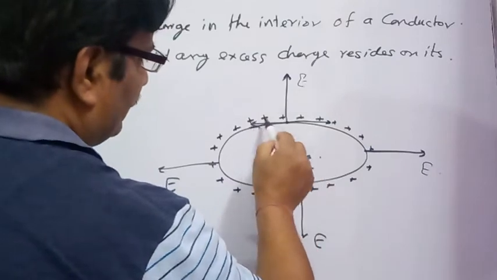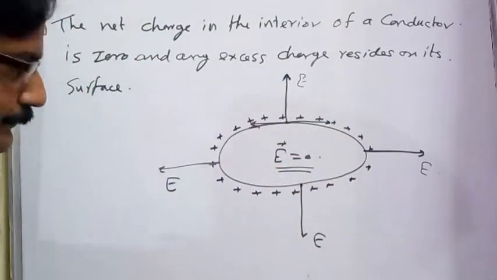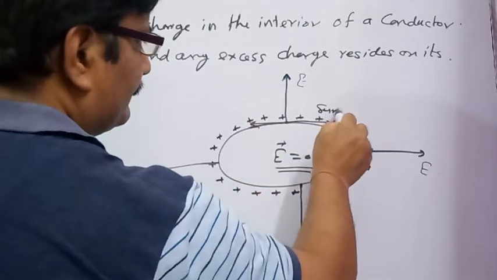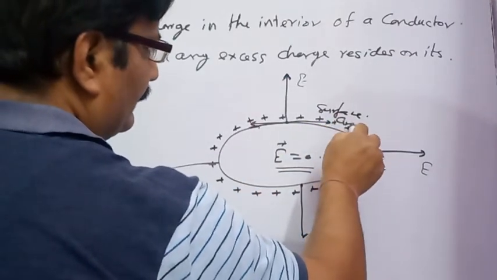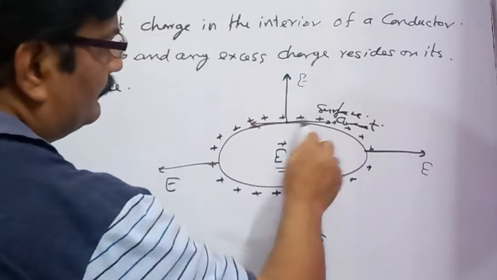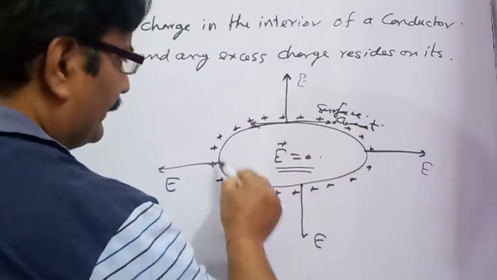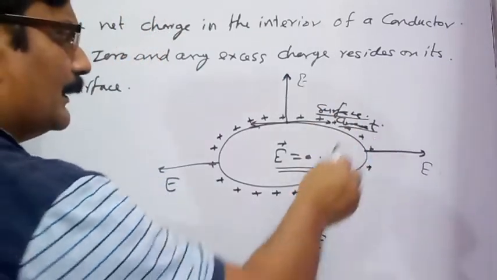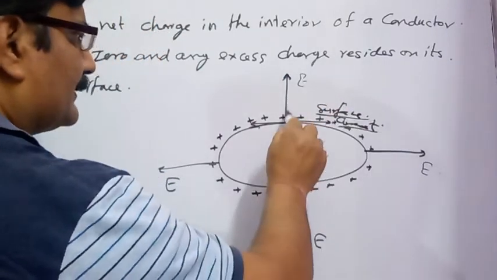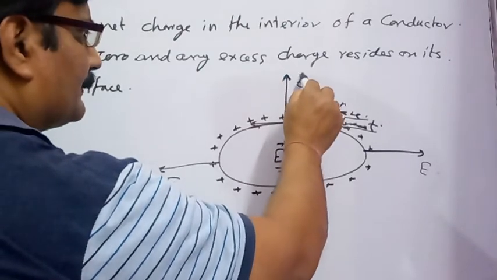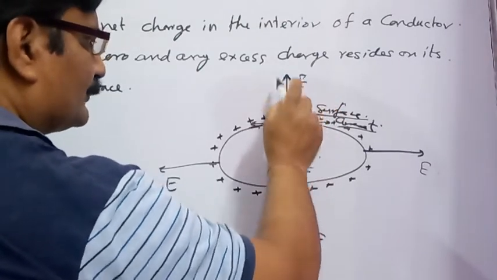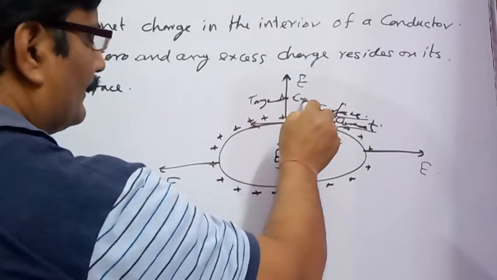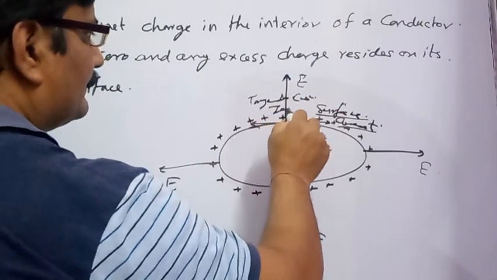in any direction on the surface, and movement of the positive charges on the surface of the conductor can cause surface current. But as we know, if the charges are static on the surface of the conductor, the existence of surface current is impossible. So that is why the direction of the electric field on the surface of the conductor is going to be normal to the surface, so that its tangential component is 0.